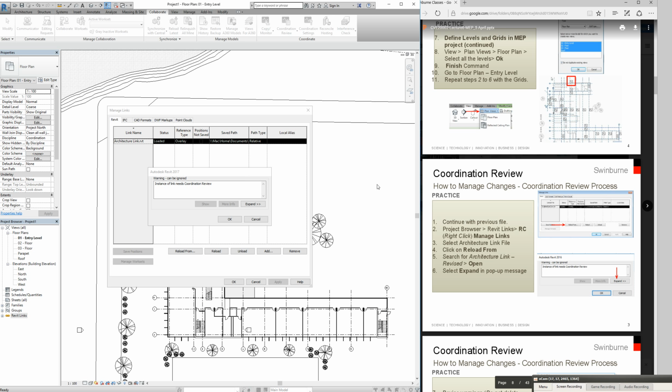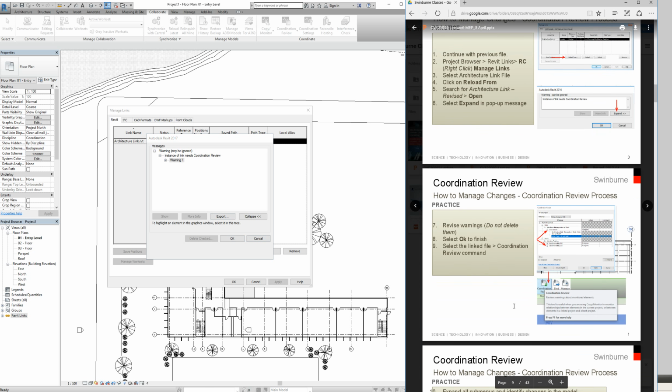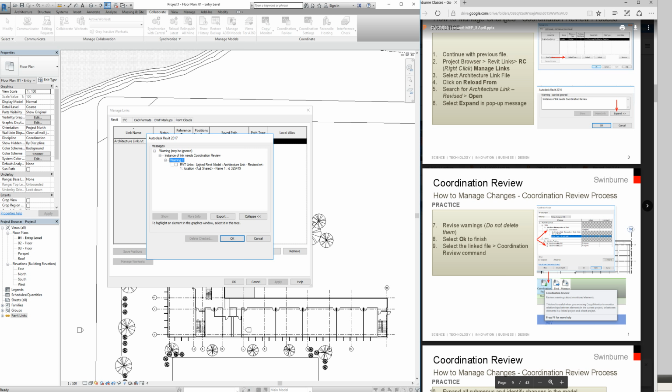Okay, so we get this warning message that says we will need coordination review. So that message is basically telling us that something has happened to the original architecture model. So if we expand, so select expand, in the pop-up message we see a warning. Next slide. So revise the warnings. Click. So it's basically telling me that the architecture link has a change in location, and the ID is